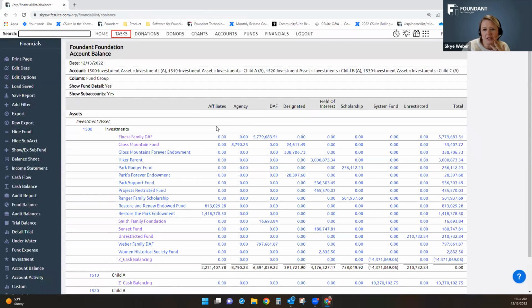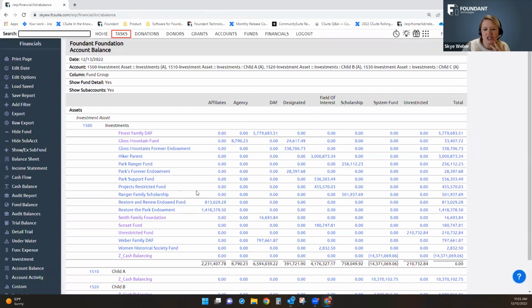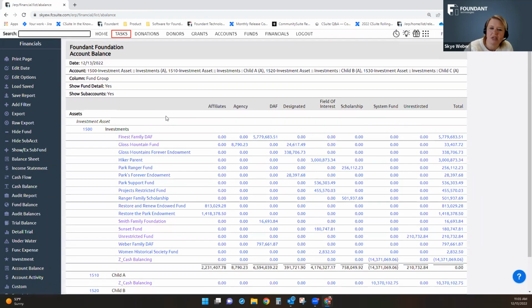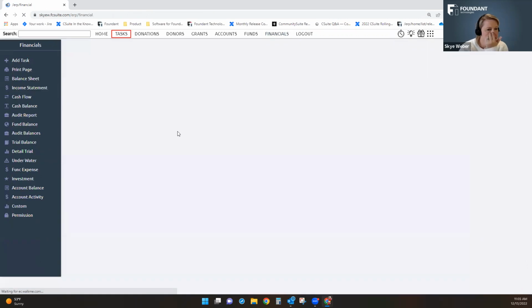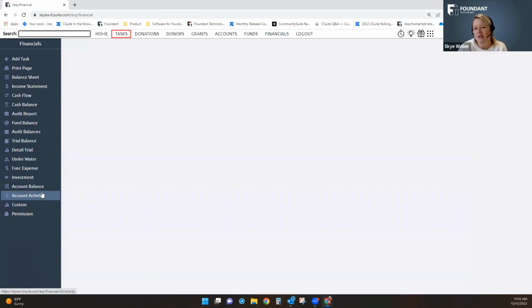So just some different ways that you can slice and dice your balance sheet if you want to just look at a small select number of accounts there. So I'm going to select back to my financials. The next report is very similar to the account balance, but instead of having my balance sheet accounts, this is going to be my